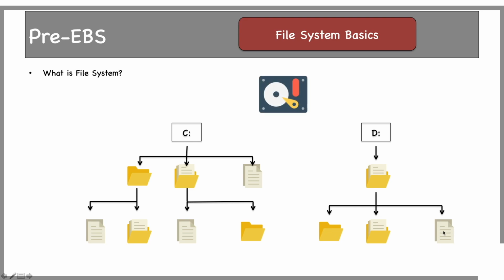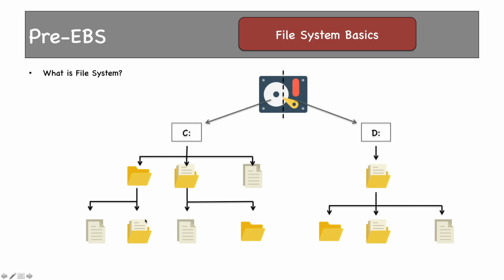And when you attach a hard disk to your Windows operating system, you partition that hard disk and you allocate each partition to Windows drives. You can consider this one as the file system for Windows, wherein you have stored folders and subfolders under folders and drives, which in turn are stored in hard disk partitions.